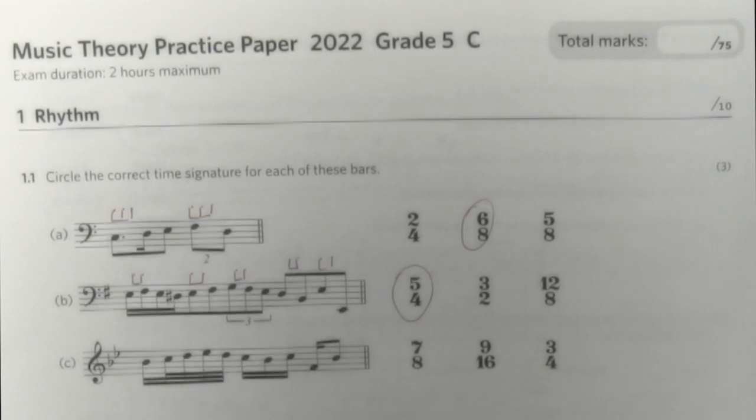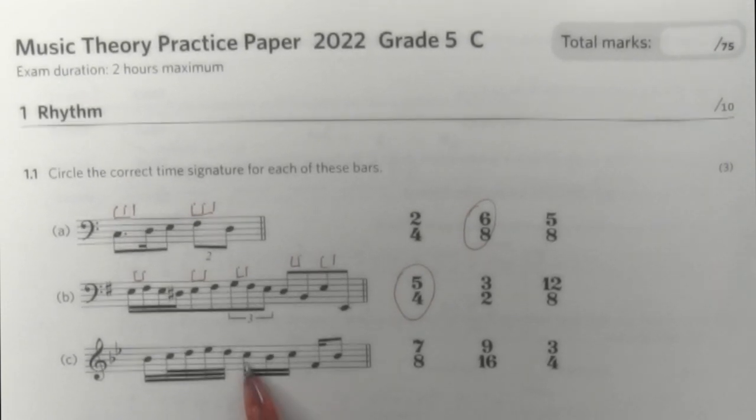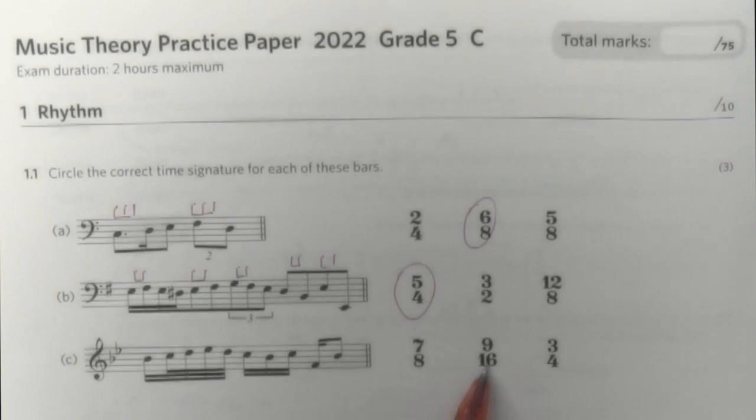Excellent. Last one. In this case, look at here. You need to see what catches your eye. And in this case, it is these 3 semiquavers floating together. Then we have another 3 semiquavers here floating together. So I think we count in semiquavers. I think that we are in 9/16